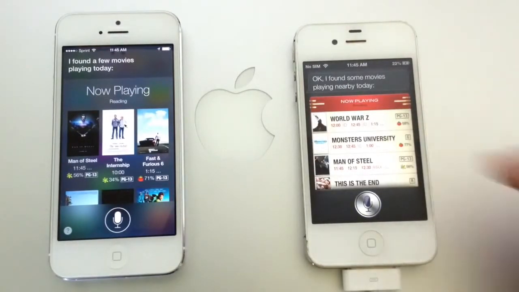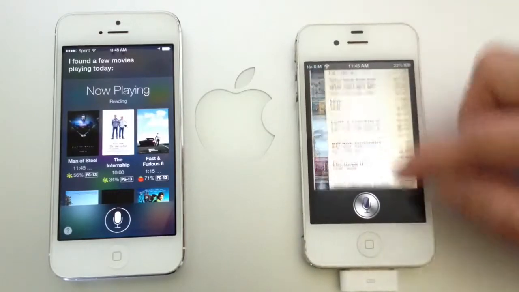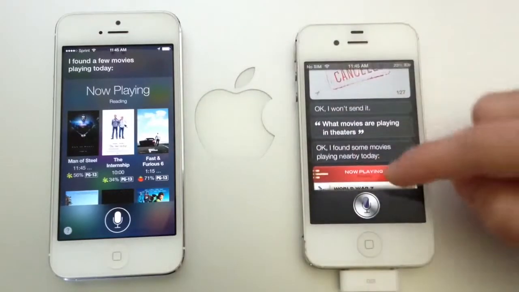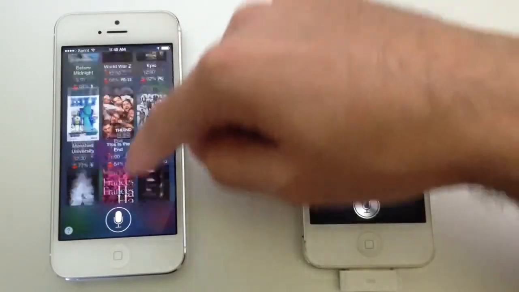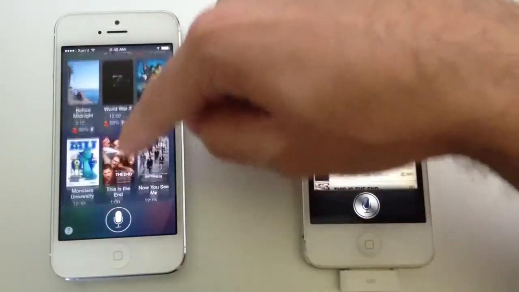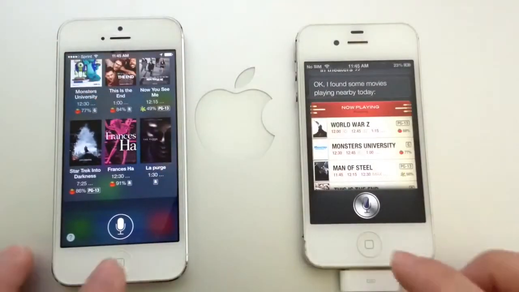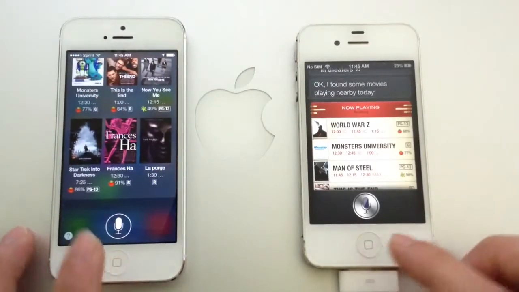So this is completely different. Look at the movies that are playing today here on iOS 6. It looks like the standard iOS 6 look. And look at the movies that are playing here in iOS 7. The entire look of the OS itself, of the Siri user interface, is just completely different, guys. Let's go ahead and ask,